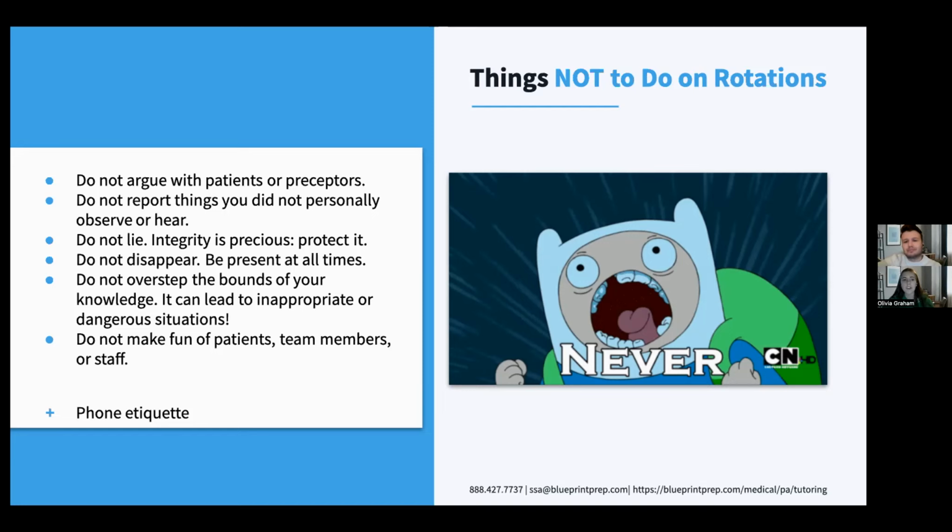I think the only other big thing to really mention here is phone etiquette. We're saying all these apps and resources on your phone, and they're great. But if you're using them, I would even just say, hey, I'm going to look this up on MedCalc really quick. Just make sure your preceptor knows that's what you're doing. And if you're not doing anything resourceful, just don't be on your phone. Overall, you should model after their behavior. If they're really into looking stuff up on their phone, then you should do that too. But if they're kind of old school and they don't like phones around,